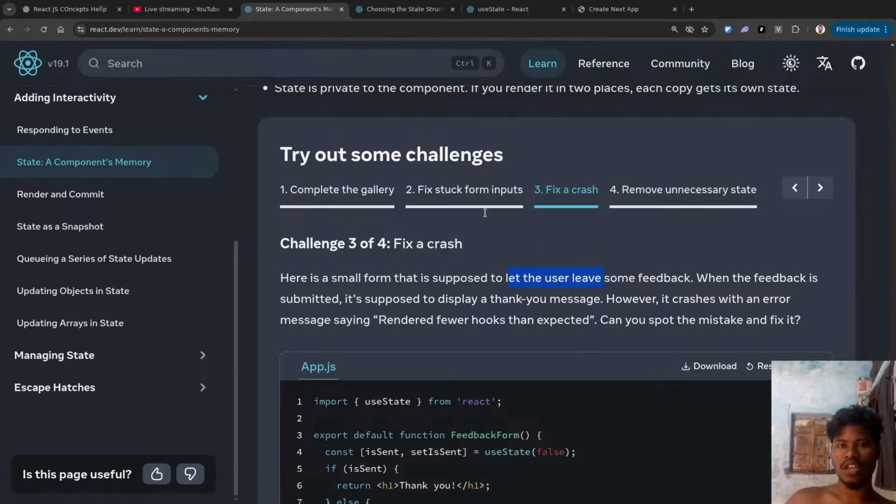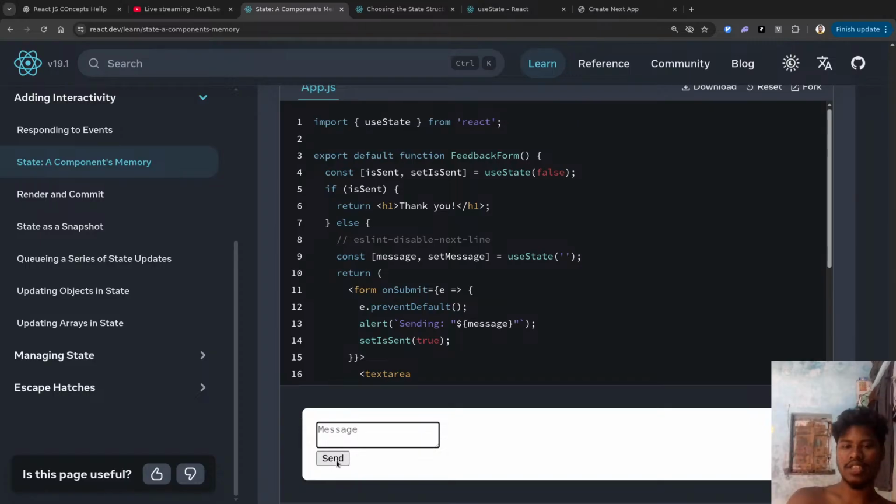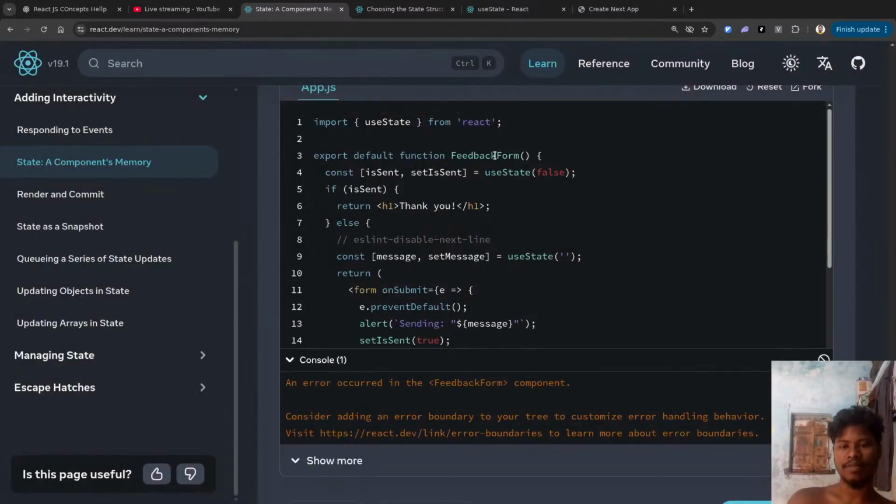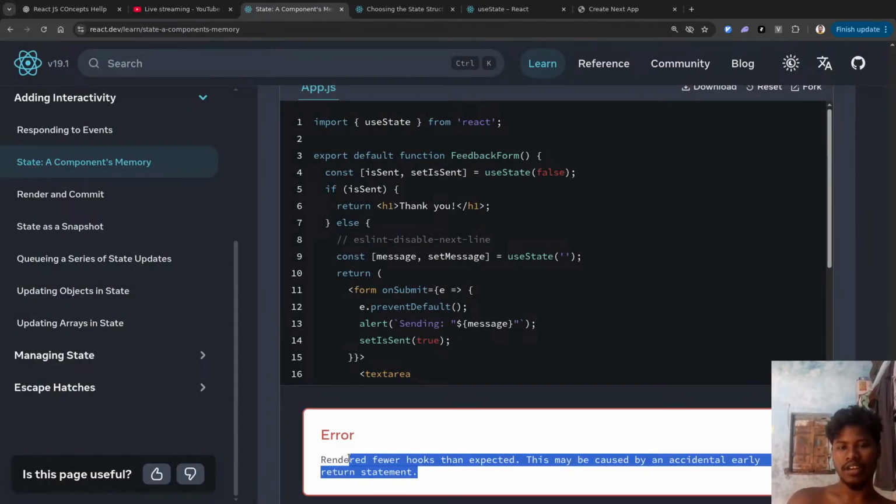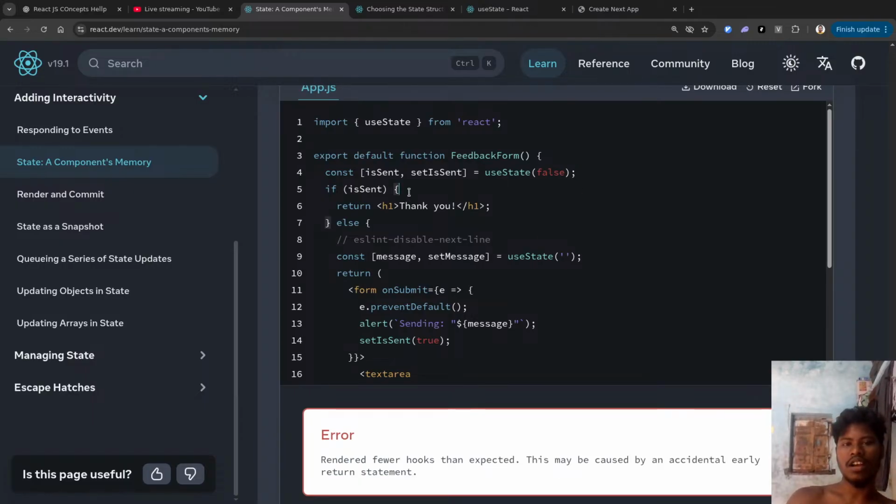Alright, so what is going on? So if I send the message, it says it's sending, right? And then after sending, rendered fewer hooks than expected. Alright, so what it is saying is that isSent is false. So we have isSent and setIsSent. Alright, so if we sent it, then thank you. Otherwise,